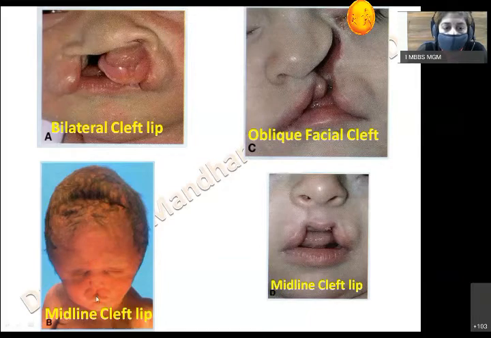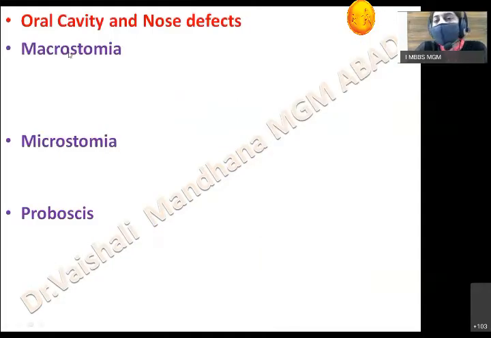Now here in the lip you can appreciate this is the midline cleft lip, and at the same time there must be something in the brain. So the brain's midline structures are not formed here. This is the fourth figure showing midline cleft lip. Midline cleft lip is there because of non-fusion of the medial nasal processes with each other. So that is about the clefts of the face.